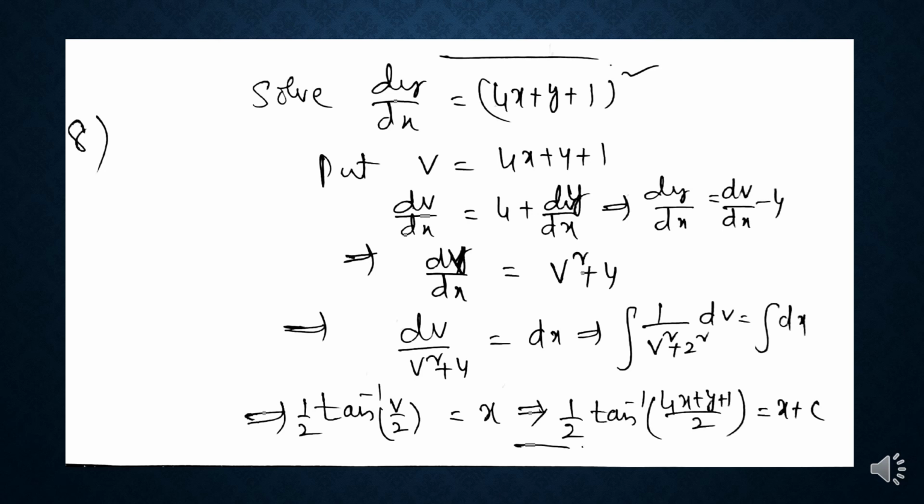So after separating the v terms and x terms, by integrating the function on both sides, we will get the general solution for the differential equation by adding the constant. So we can say that that is the general solution for the given differential equation. So these are the two methods in the variable separable method. These are some of the examples in the variable separable method.